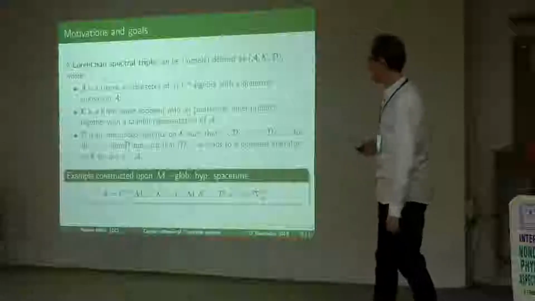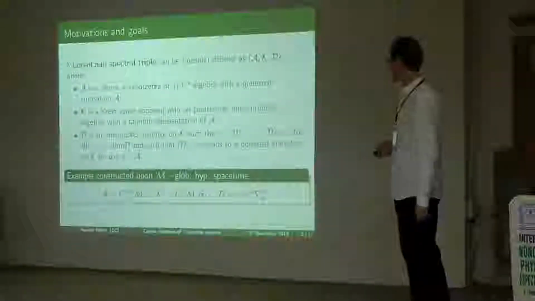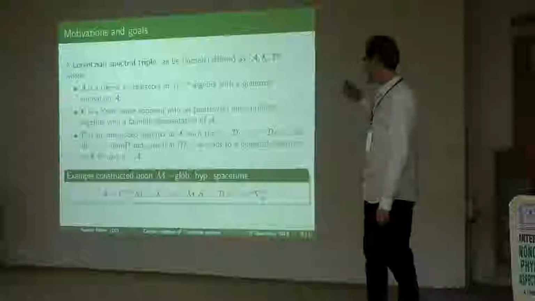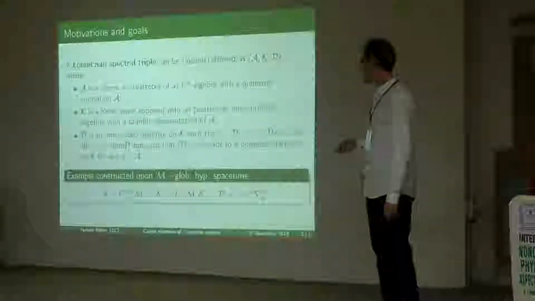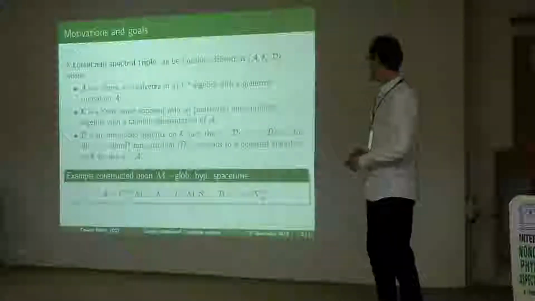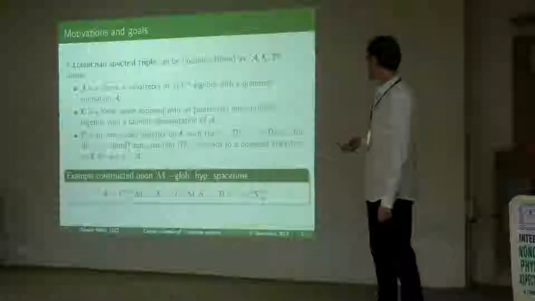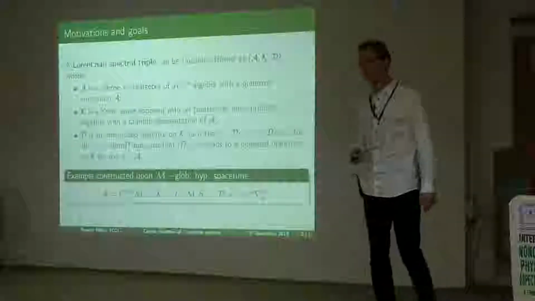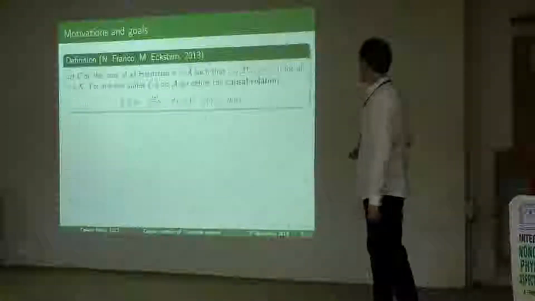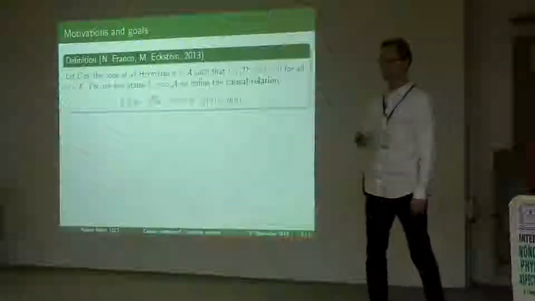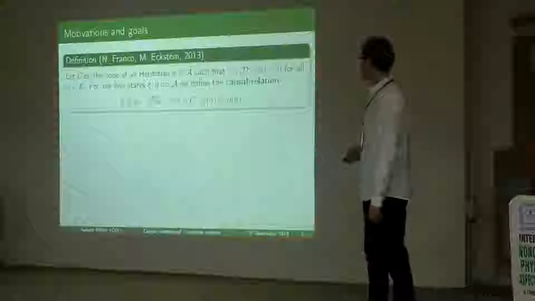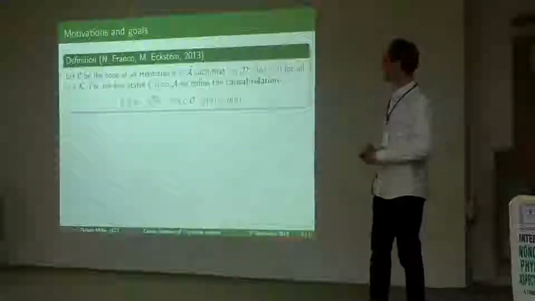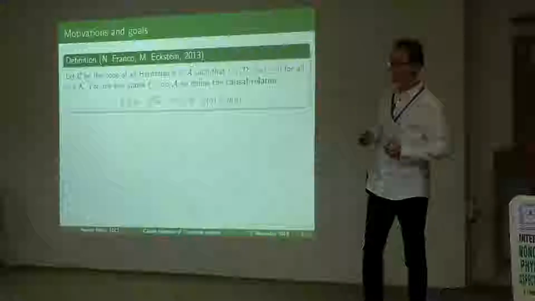Okay, so the archetypical example of a Lorentzian spectral triple can be constructed upon the globally hyperbolic spacetime. The algebra is simply the algebra of complex valued, smooth, compactly supported functions. The Krein space is the space of square integrable sections of a spinor bundle on M, because our spacetime is naturally a spin manifold. And the Dirac operator is the Dirac operator associated with the spinor bundle. And what Nicolas and Michał did, and what already Luca Tomasini told us, was to define an abstract algebraic causal relation on the space of states on the algebra of the Lorentzian spectral triple,